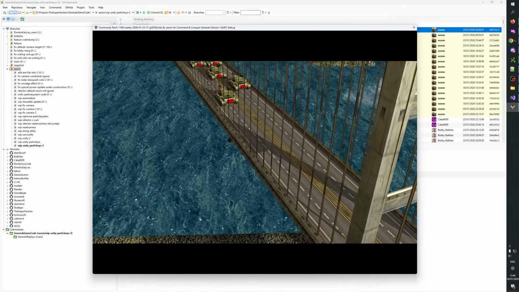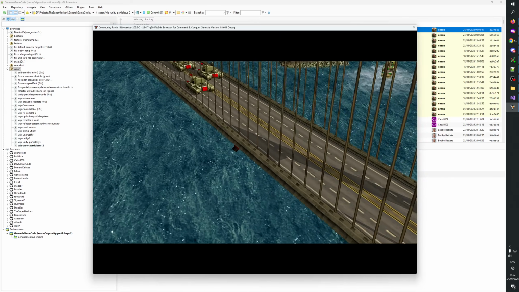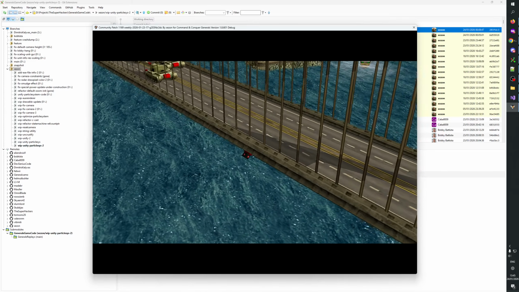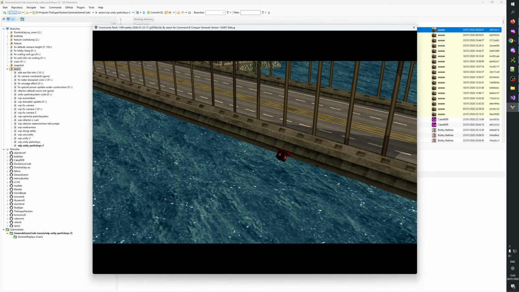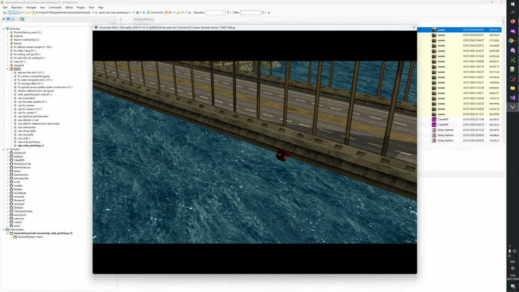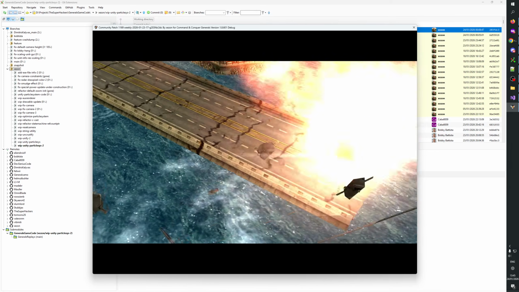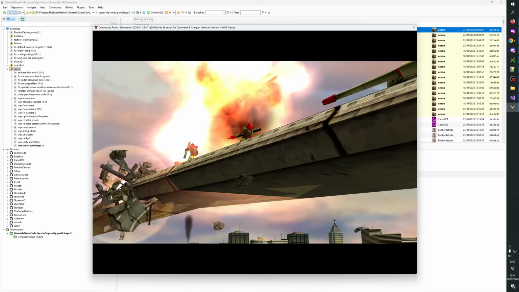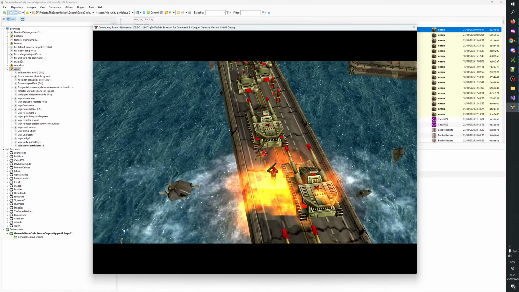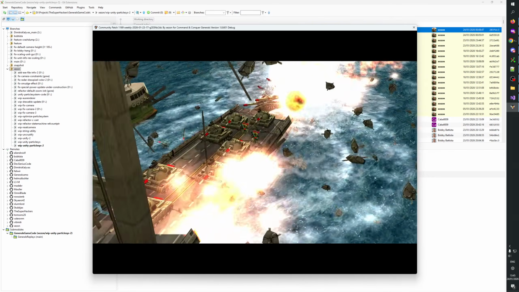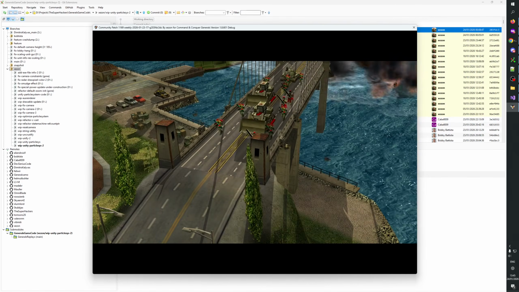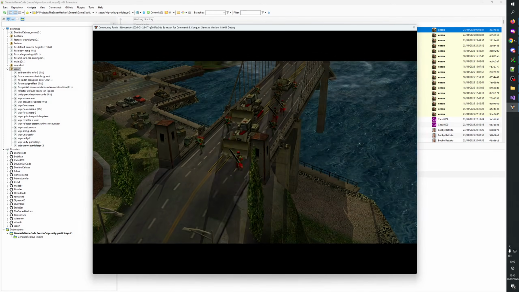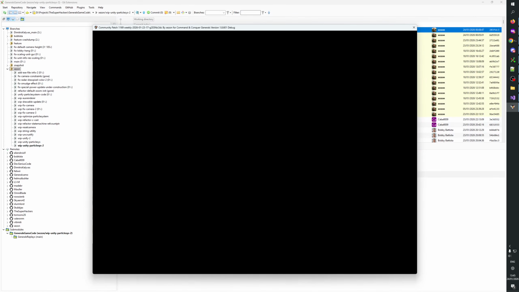Uh-oh. Sabotage. Oh, brutal. I've never seen this cutscene before. It's really amazingly made. Wow. Cool. There was only the dozer survived and a few troops. And they despawned